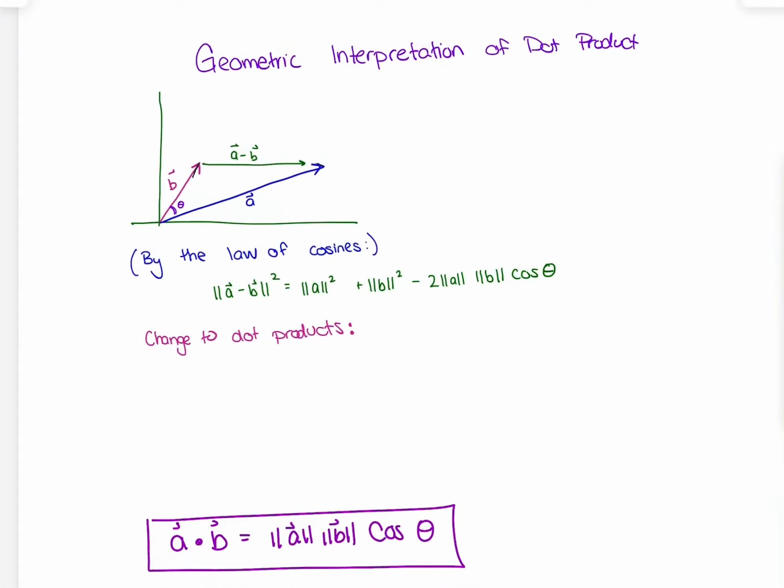Let's go ahead and prove this geometric interpretation of the dot product. We're going to use the law of cosines for that. So the first thing I want to do is actually derive this law of cosines, just so you can see where that comes from. So I have this triangle here that's made up of these vectors A, B, and then